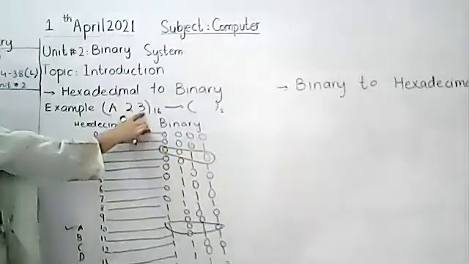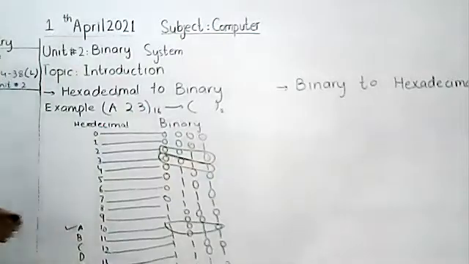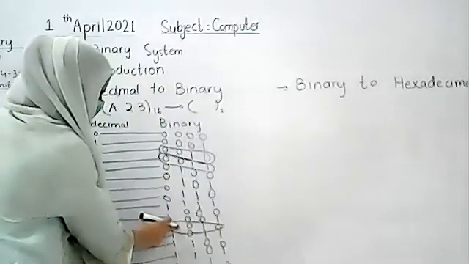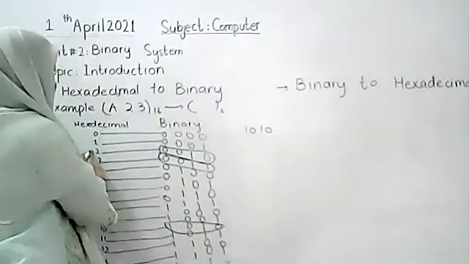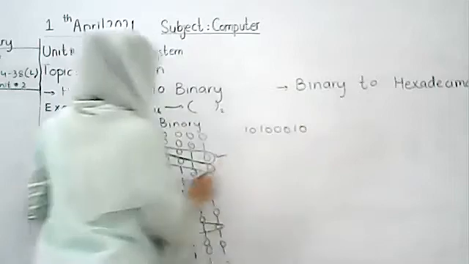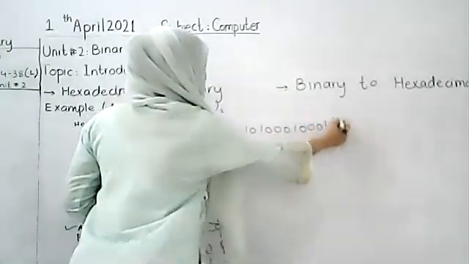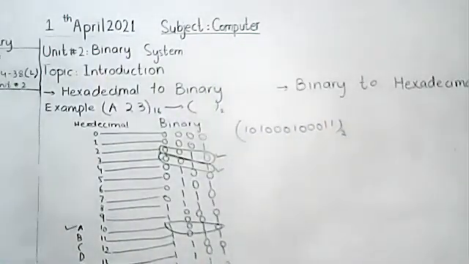Then we will go for the 3 and you have to take this value, ठीक है। तो इस तरह से हम बारी बारी इन सारी वैल्यूज को लिख लेंगे और हमारे पास एट द एंड एक आंसर आ जाएगा। ओके, लेट्स स्टार्ट टू राइट। फर्स्ट ऑफ ऑल ये वाली वैल्यू लिखेंगे 1 0 1 0। उसके बाद 2 की वैल्यू लिखेंगे 0 0 1 0। उसके बाद ये वाली वैल्यू लिखेंगे 0 0 1 1। तो ये हमारे पास बाइनरी वैल्यूज आ जाएगी A23 की।